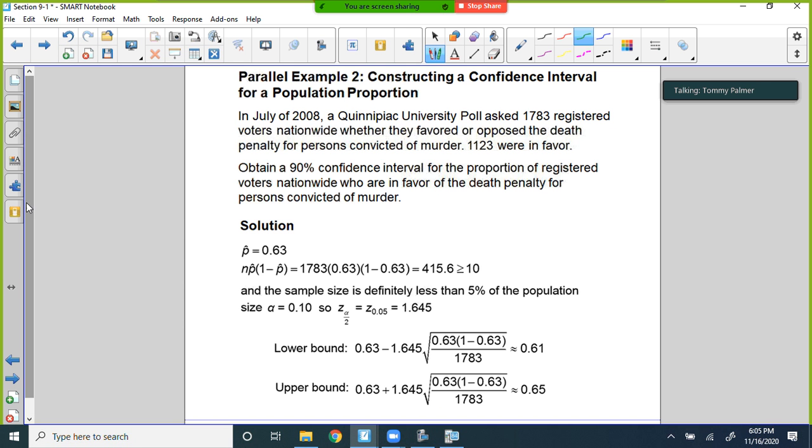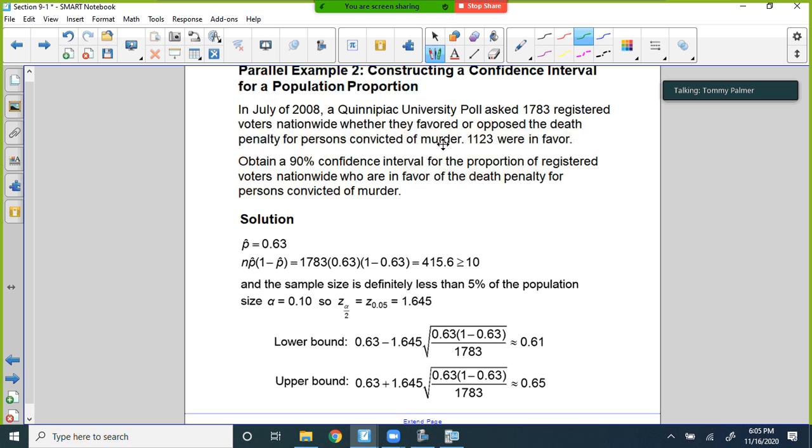So let's look at this one. We'll go back to the same thing. 123 were in favor of the death penalty out of 1,783, right? We got a p hat of 0.63. And when we do this, we say, okay, we can normalize. We can do it with a normal distribution, right? Because the n times p times q is greater than 10. All right, so we want to obtain a 90% confidence interval,